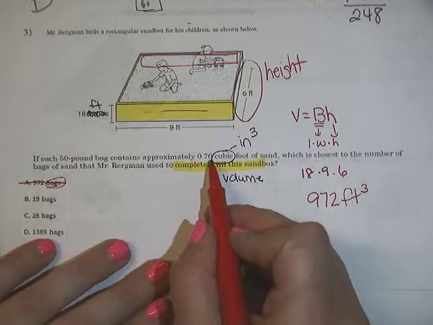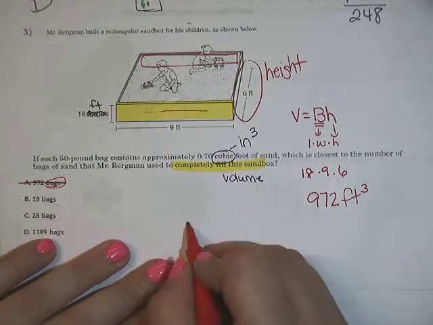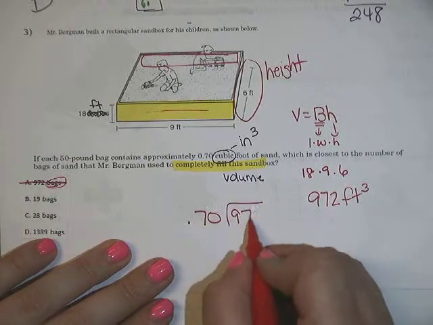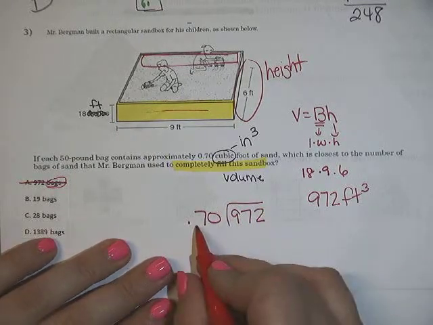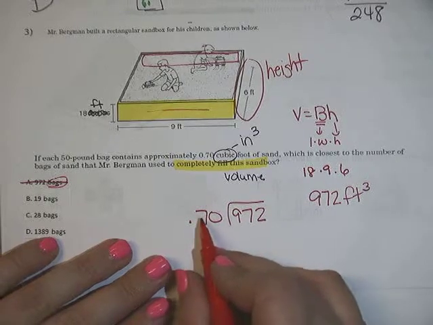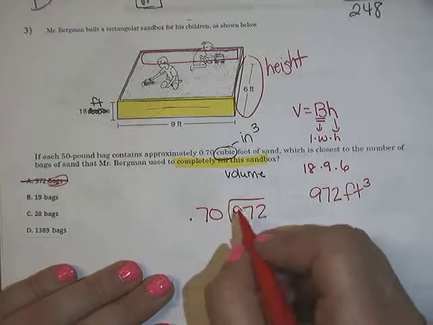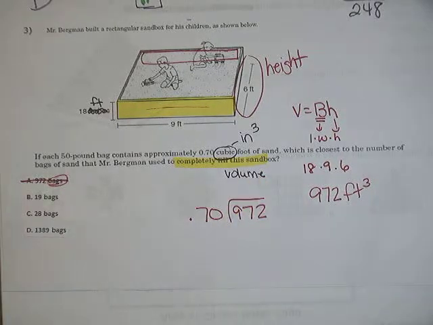Okay? I want to know how many of these 0.7s can fit into 972. So I'm just going to divide my volume by the volume that each bag covers. When you do this, and again, you can do math, or you can use your calculator. You guys have your calculator. When you do this, you're going to get,